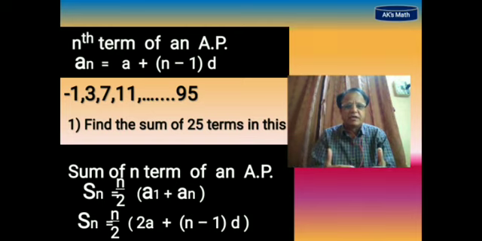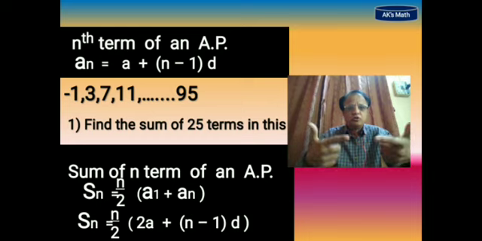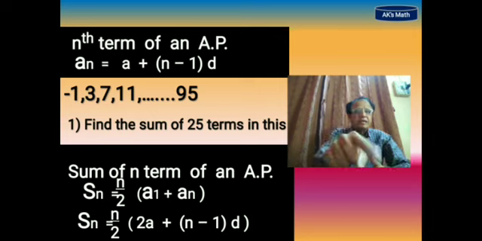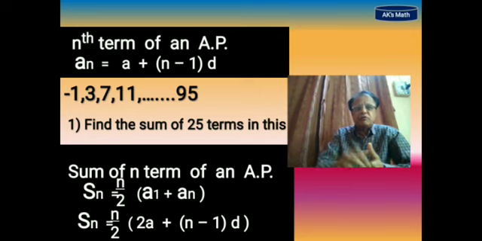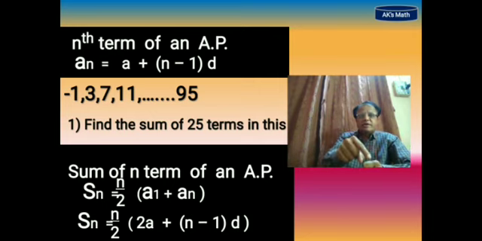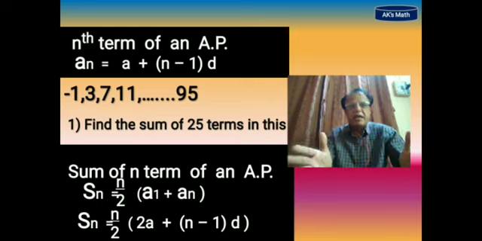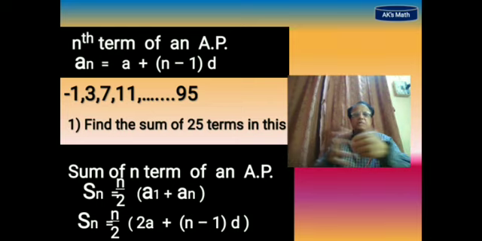So in that situation, you have to use the last formula, given in the last line: n by 2, in which you keep n as 10, since we find the sum of 10 terms. a is the first term of the series, -1. d is 4. If you put in all these values, you will get the actual addition of all those terms which are asked.